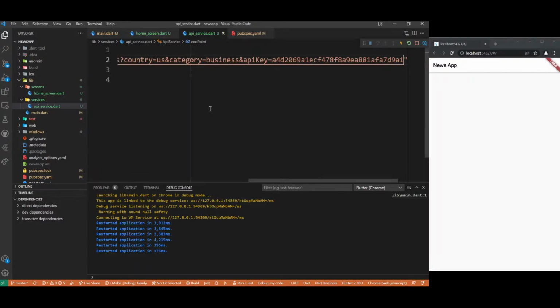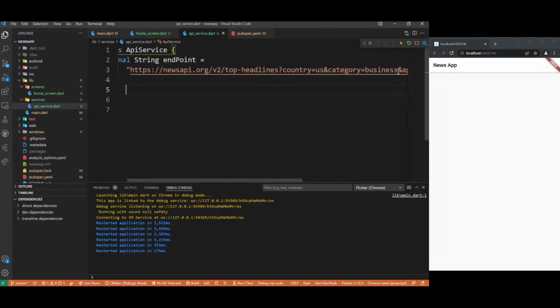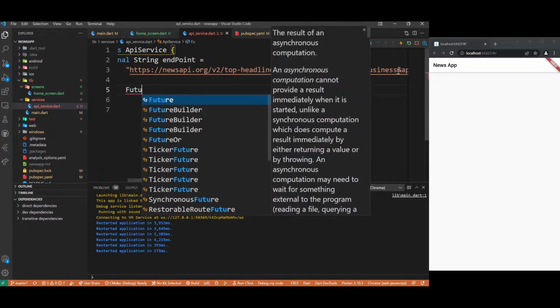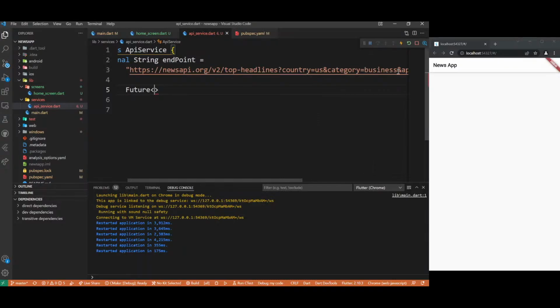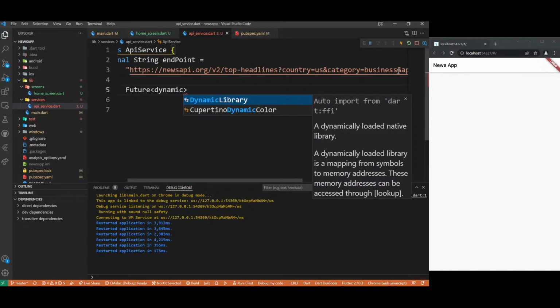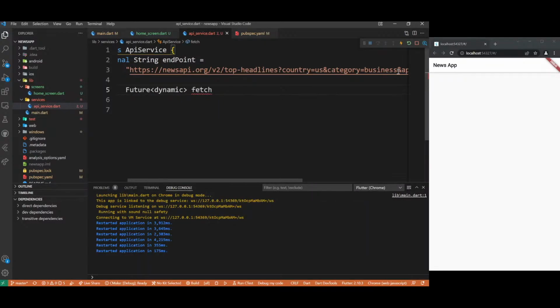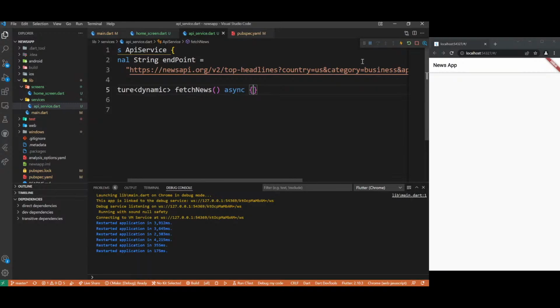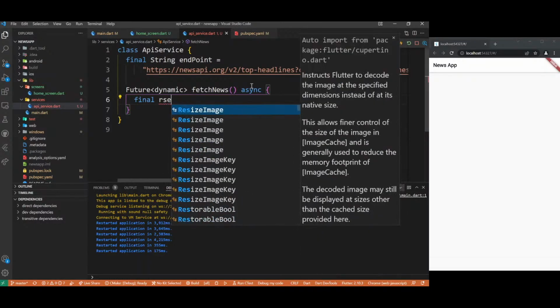So that's it. So we are ready with the endpoint, and now we need to fetch the information from the internet. So for that, we'll be using a function with a return type of Future. And for now, let me keep it as dynamic, and let us name it fetchNews. If we declare the return type as Future, we need to use async. So that's it. So inside this, we need to have a request. So let us keep it as a response